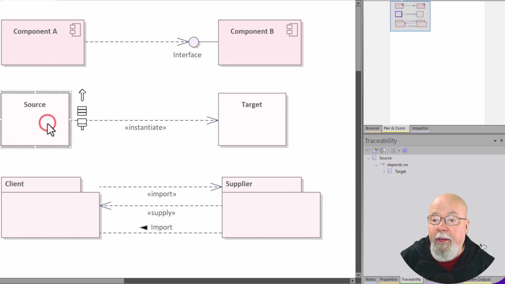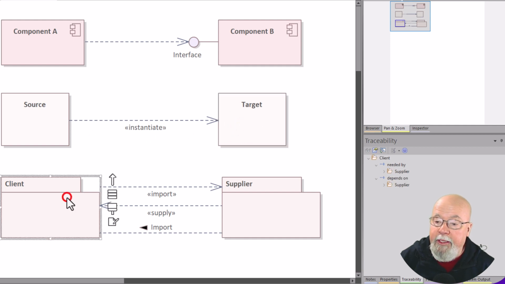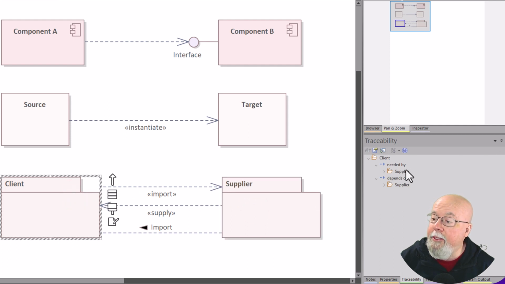And down here, we have a source and we have a target. And in this case, we're looking at traceability. Source depends on the target. Now we see a stereotype here, and again, we'll cover this in another session. You can use literally dozens, if not hundreds, of different types of stereotypes. We can see that a source instantiates the target, so it's needed by the target in order to do that. In this case, client package and supply package. So we look at the client,